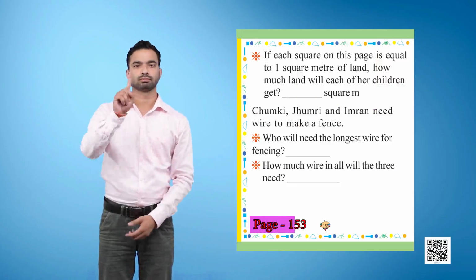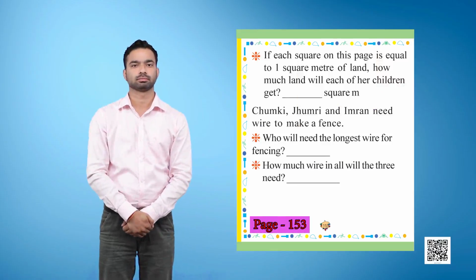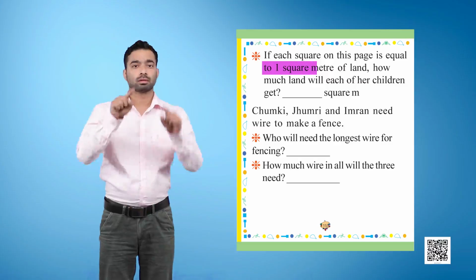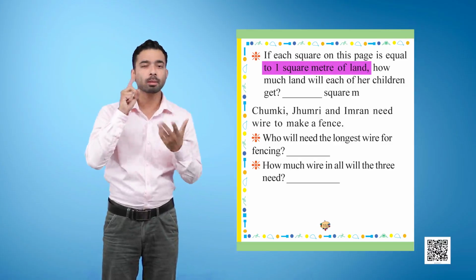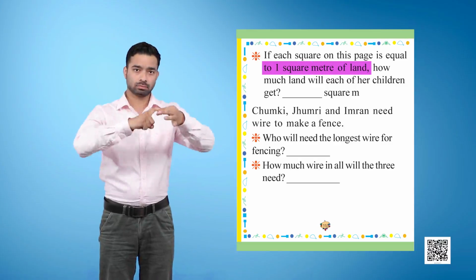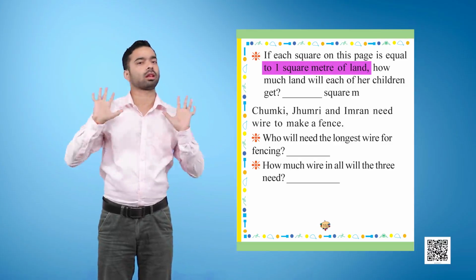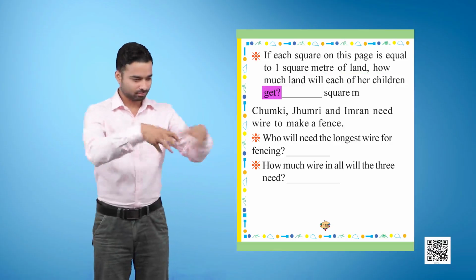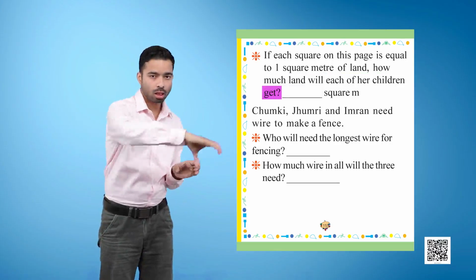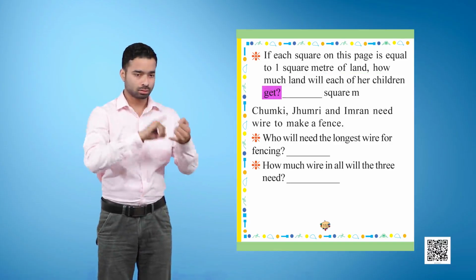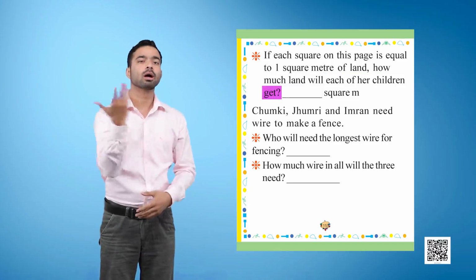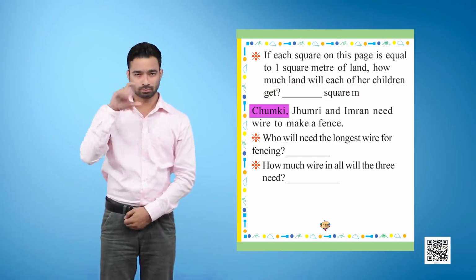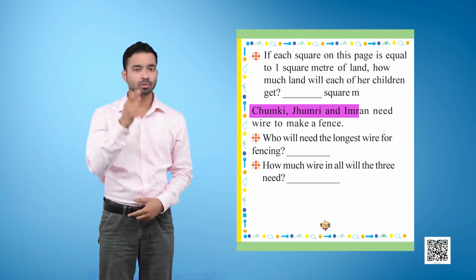Page 153. If each square on this page is equal to 1 square meter of land, how much land will each of her children get? Dash square meters. Chumki, Jhumri and Imran